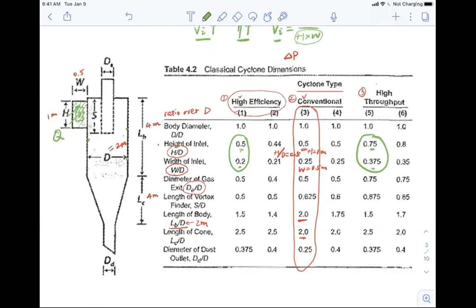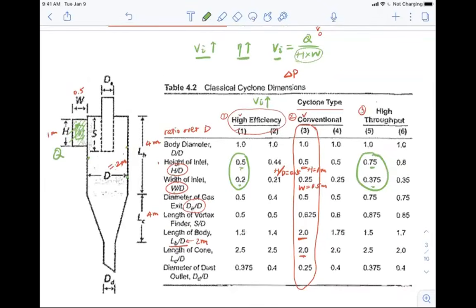So basically for the high efficiency cyclones, what we're doing is that we just want to increase the inlet speed. But the thing is that in fluid dynamics, we know that the higher the speed, the higher the pressure drop, okay? So if the pressure drop increases, it means that the pump or the power has to increase, right? It means that it's going to take more electricity to drive the air through the system, and the cost is going to increase, okay? So that's why for the design of these cyclone systems, we will not always chase this